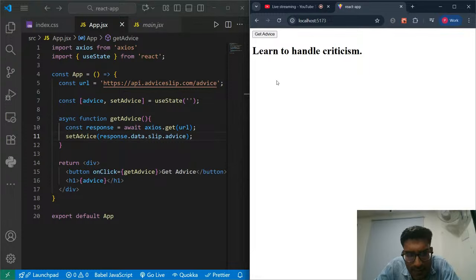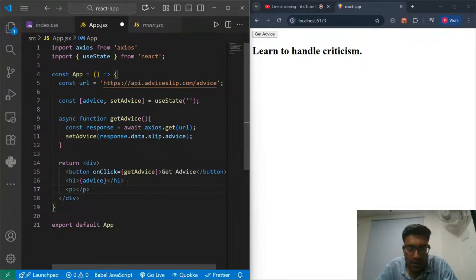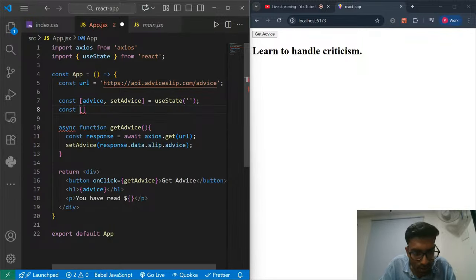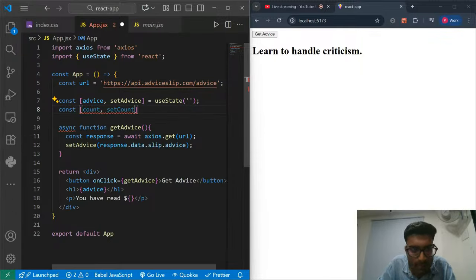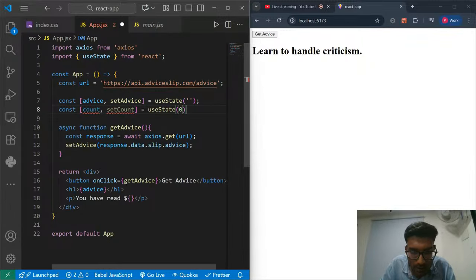You can make this app more dynamic and more interactive. I'll also add one paragraph here, and inside this paragraph, I'll write you have read. Now I'll make one more state, that is count. I'll count how many pieces of advice the user has read. So const count, comma, setCount is equals to useState, and the default count will be 0.